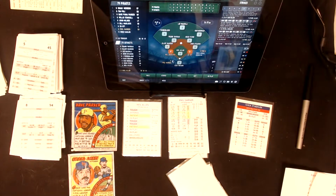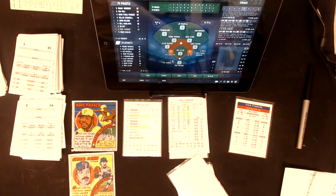I'm looking up to see if I can grab the next night's relievers. I only have 1 reliever in this game, so I'm going to go look at the following games. It's a 3-game set at New York, Pittsburgh at New York, and the following night the Mets bring...